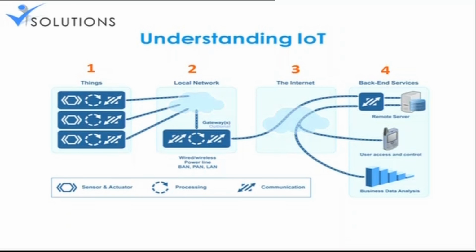If you are trying to do a commercial IoT for yourself, for your institution, for your own benefit, you'll have things, you have a local area network, and directly you'll jump to your backend service. Backend service can be for anyone. Your personal setup also can have records of everything, so this will be there. We'll not be working much on this in this session, because it can be anything. For personal use, it can be anything. We will not be concentrating much on this. We'll be concentrating only on these things.